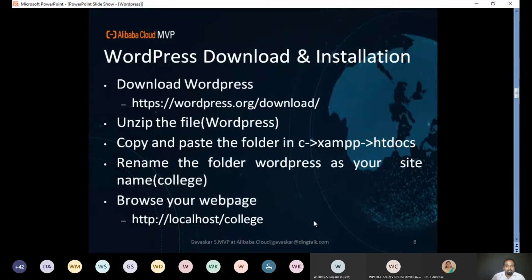But you see, with Alibaba Cloud, when the cloud platform, already predefined market images are there for WordPress. So what you can do is just by few mouse clicks, within 5 to 10 minutes, you can create a WordPress page. You did not want to install the server, you did not want to download WordPress. All the things is predefinedly present in the market image. So what you have to do is purchase, and moreover, in Alibaba Cloud, WordPress is freely available. You can install the WordPress application by some button clicks. Now I am going to show that demo for you.